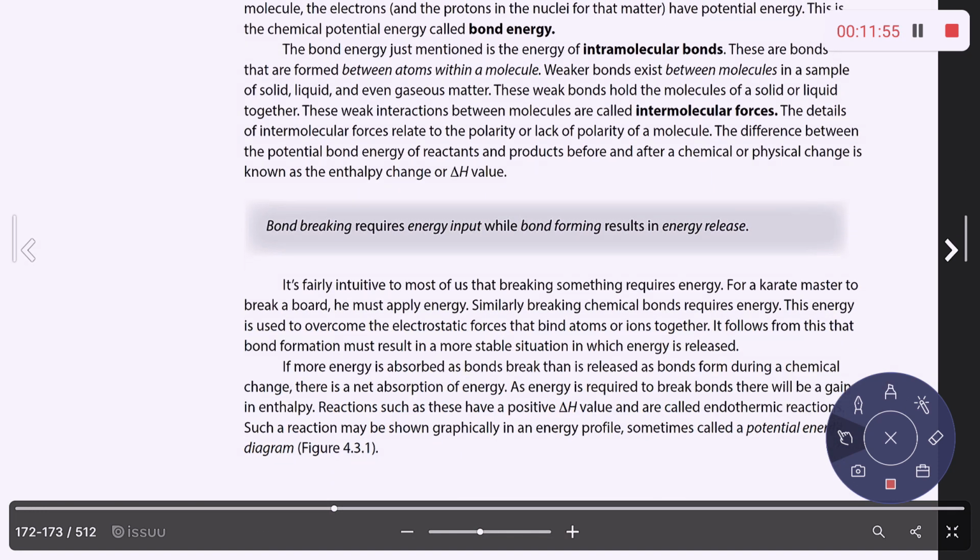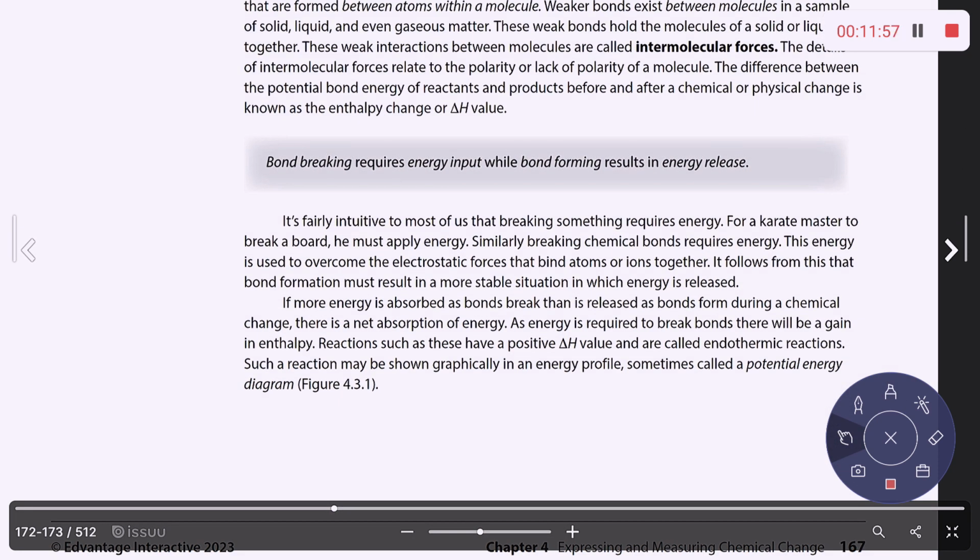So let's come down here. Let's highlight a couple things here. When you have a positive delta H, it's an endothermic reaction, as you saw. And what's happening is more energy is absorbed as bonds break than is released as bonds form. Okay, so that's how you know it's endothermic. And then if you take a look at the top of the next page,